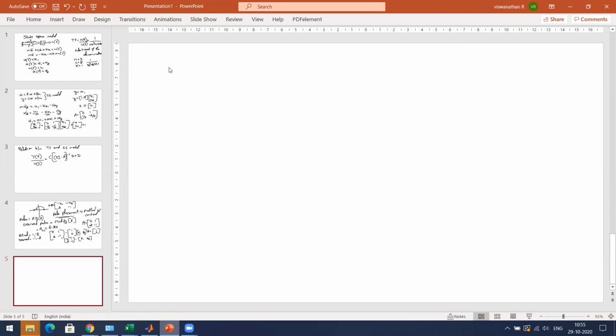How do you find eigenvalues? You find the determinant of A minus lambda I equal to 0. This is the characteristic equation to determine the eigenvalues, where lambda is the roots, that is, eigenvalues. Now A modified means what? It is the determinant of A minus BK minus lambda I. If you find that, then you'll get the modified